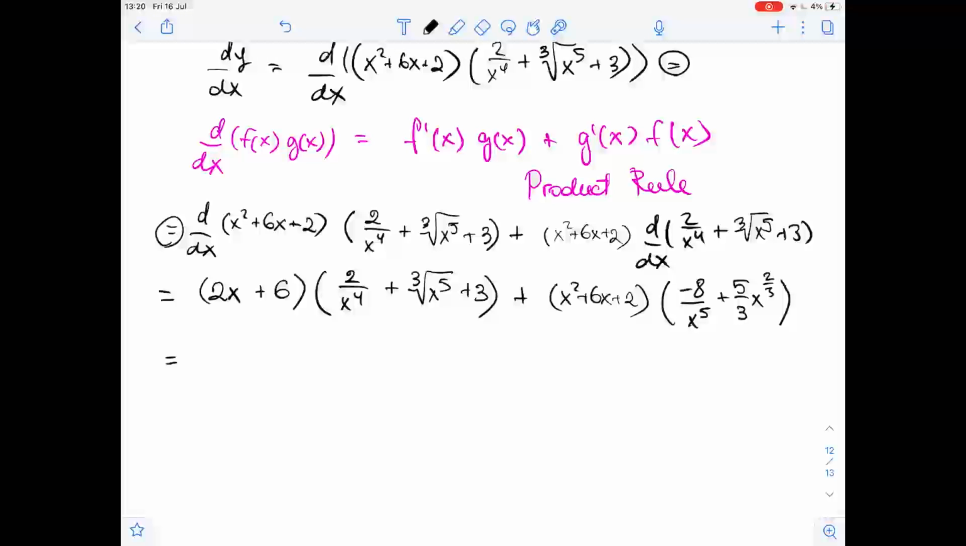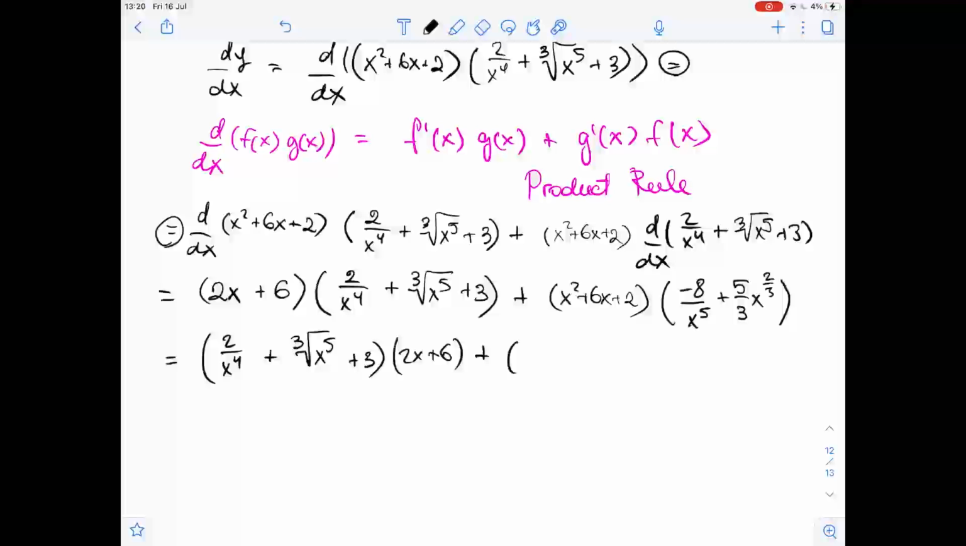So we get 2 over x to the fourth power plus the cube root of x to the fifth power plus 3 times 2x plus 6, plus x squared plus 6x plus 2 multiplied by negative 8 over x to the fifth power plus 5/3 times x to the power of 2/3. Well, now